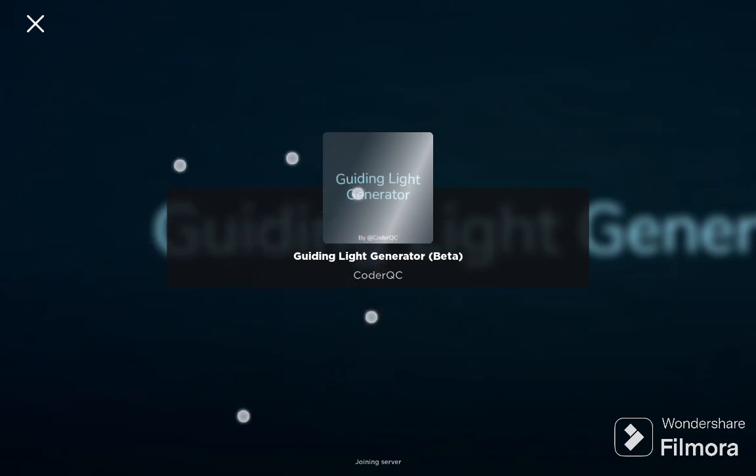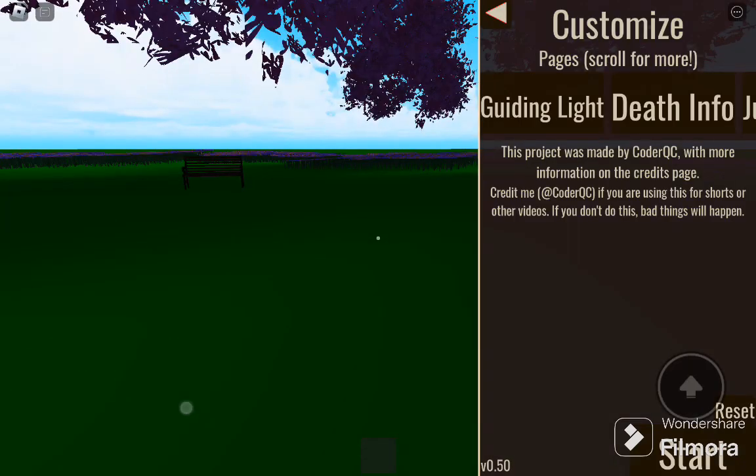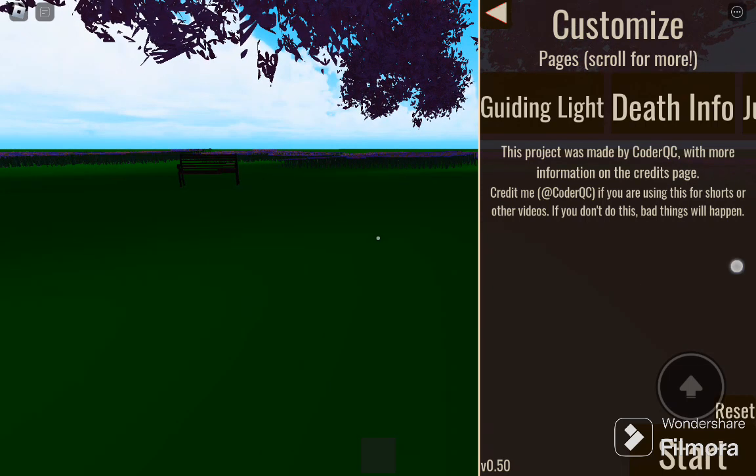So this is my tutorial video on how to make your own guiding light generator. So basically you go into how to make your own